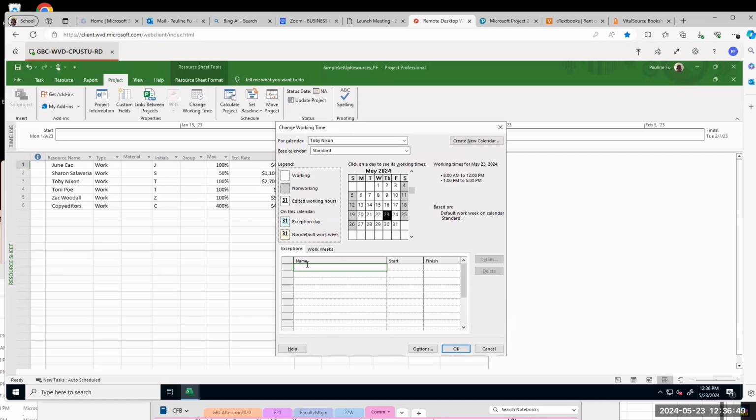And then under name, type in Toby attending a conference. And the date, January 26, 2023, start.